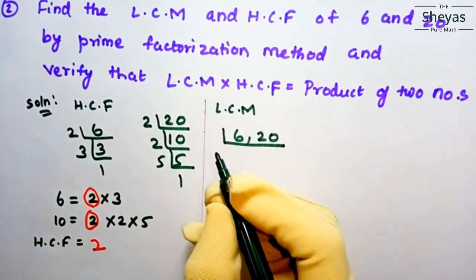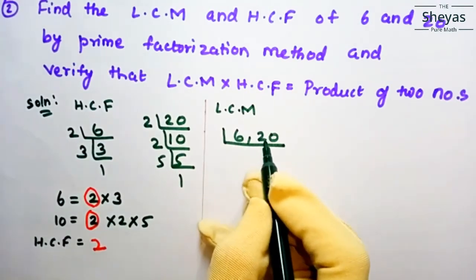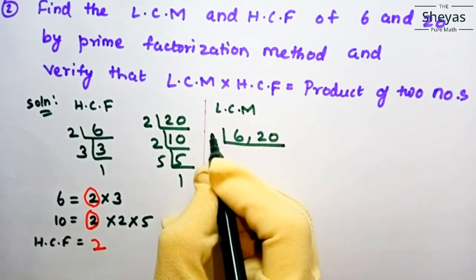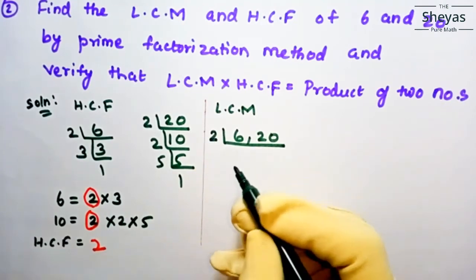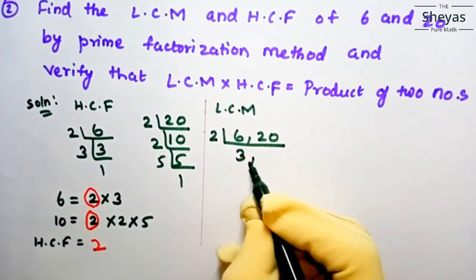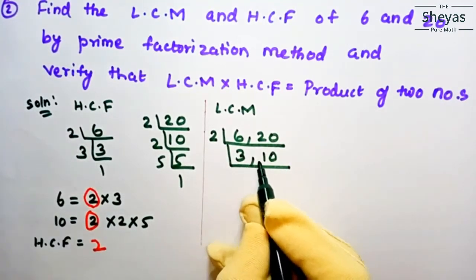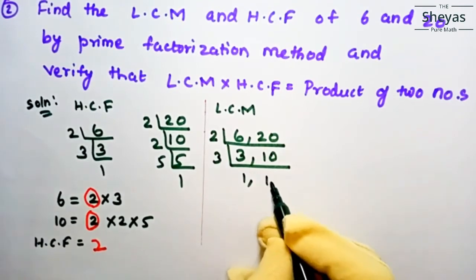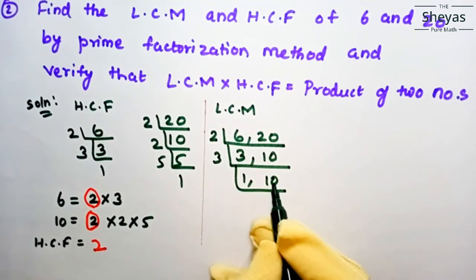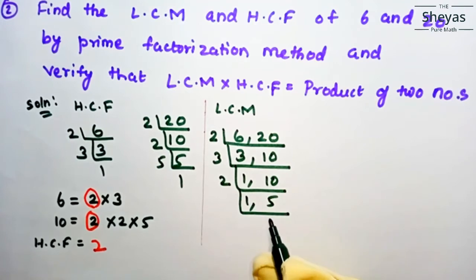Now we are going to find the LCM of 6 and 20. So first find the common factors of both. Both are divisible by 2, so I am taking 2. 2 is the first prime number. So now 3 2s are 6, so I am taking 3. Then 10. Now you don't have any common factors here, so I am taking 3, so 1. Then keeping 10 as such. The next prime factor: 10 is divisible by 2, so I am taking 2 here. 5 2s are 10. 5 again a prime number, so 5 1 1.